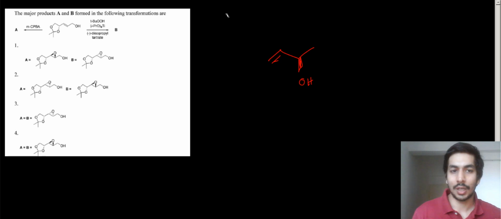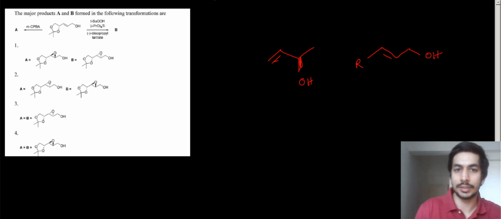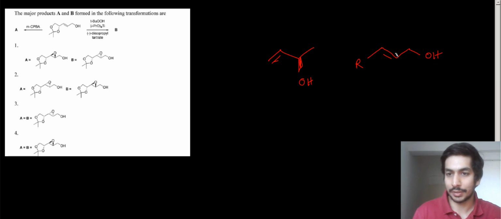Now what about this case? So this is basically simple. I'll write this as an R group over here. You just have to do a simple Sharpless epoxidation. I have made a lot of videos on this. You just have to identify first what kind of face it is. Is it Re face or Si face? Generally we take the Re or Si face from the carbon to which the OH group is nearer, right? So we'll take this carbon and identify whether it is a Re face or the Si face. So this is carbon number 1.